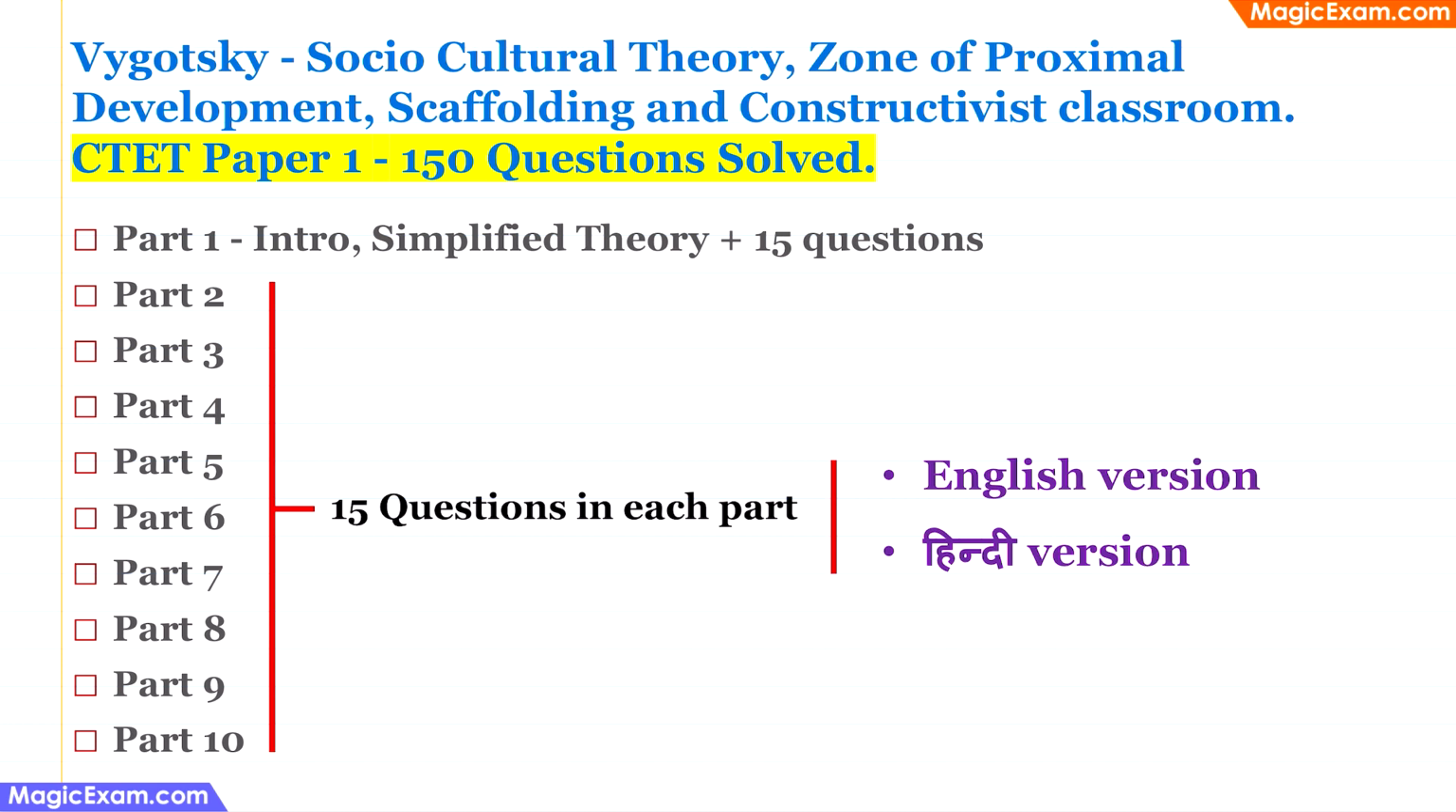We will be solving a total of 150 questions from the previous CTET question papers. In the first part, along with the introduction and the simplified theory explanation, we will solve 15 questions, and in each of the remaining parts, that is from part 2 to part 10, we will solve 15 questions per video. So in total, we will be solving 150 questions, which will cover the entire syllabus for Vygotsky and his concepts